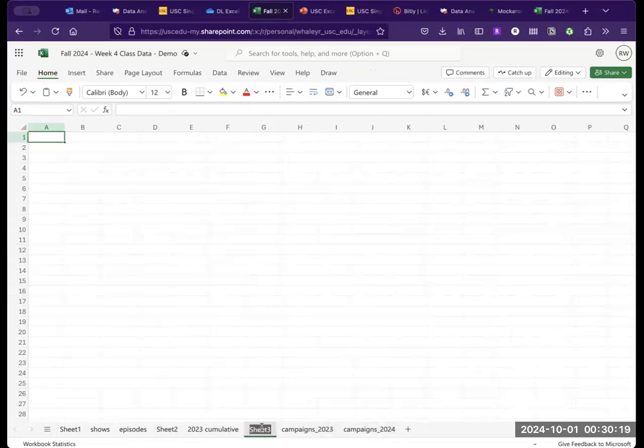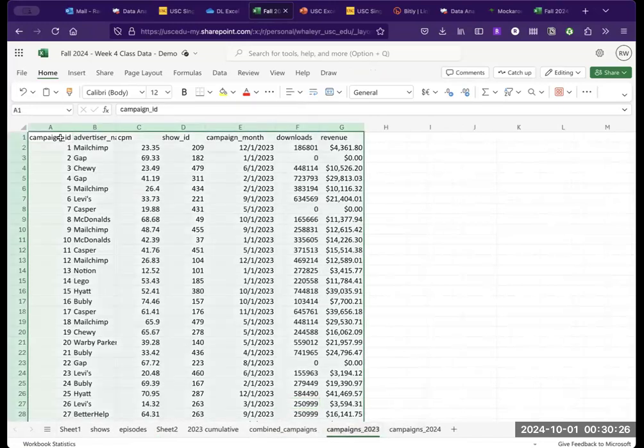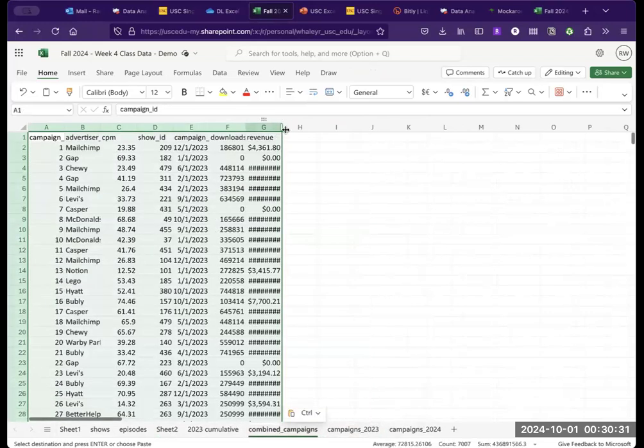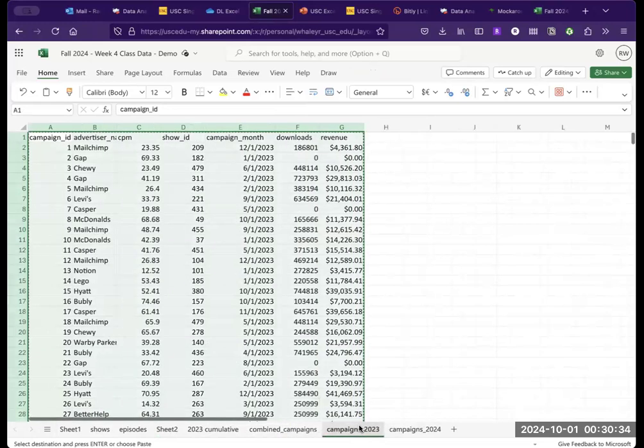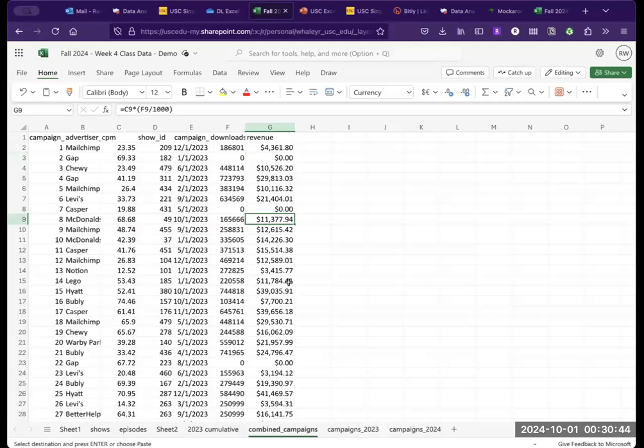So let's say I'm going to call this combined campaigns. And I could combine my data. What that might look like, I could come in here and just copy paste this. Whenever I'm doing something like this, I always leave my source data, my original 2023, untouched. I'm just moving it over to my combined campaigns. And usually when I'm copy pasting at this point, you want to think about whether you want your formulas to stick around or not. In this case, my formulas are all good to stay,